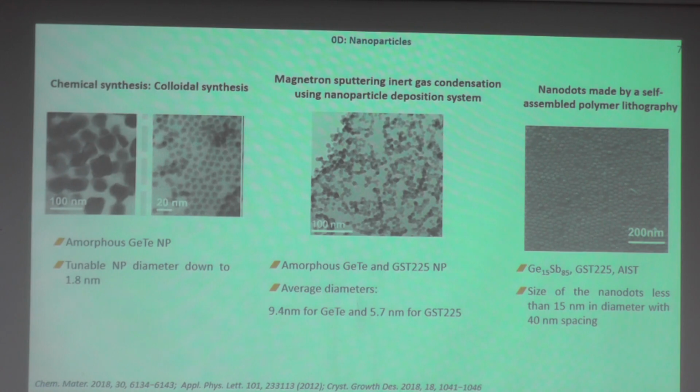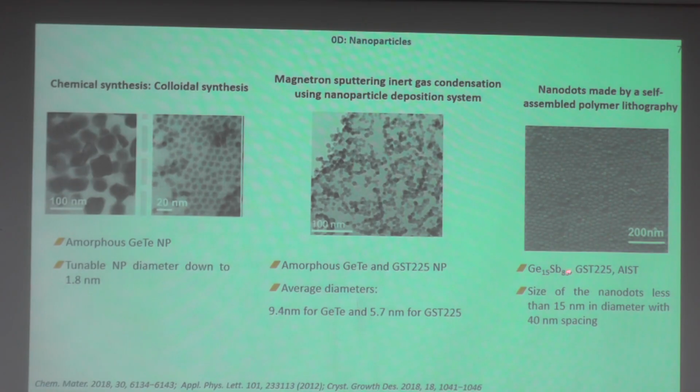And so you can here also produce amorphous germanium telluride and GST 2 to 5 nanoparticles with diameters which can be reduced until 9.4 nanometers, and for GST 2 to 5, 4.7 nanometers. Here you can also use polymer lithography using special polymer balls, and you can deposit through them to produce nanodots,